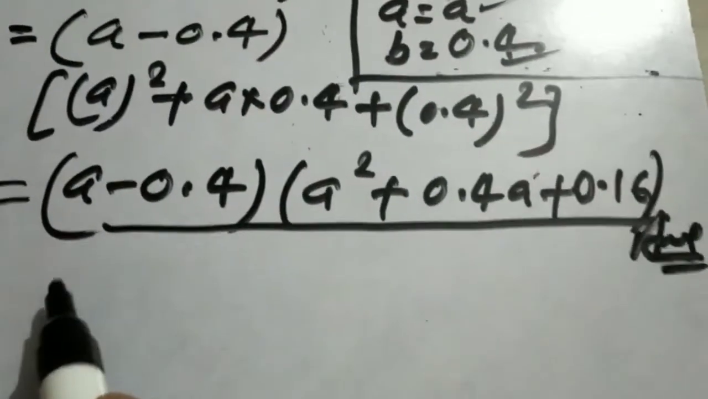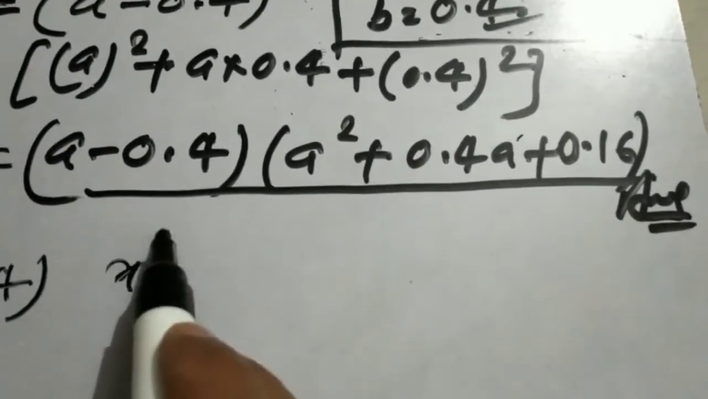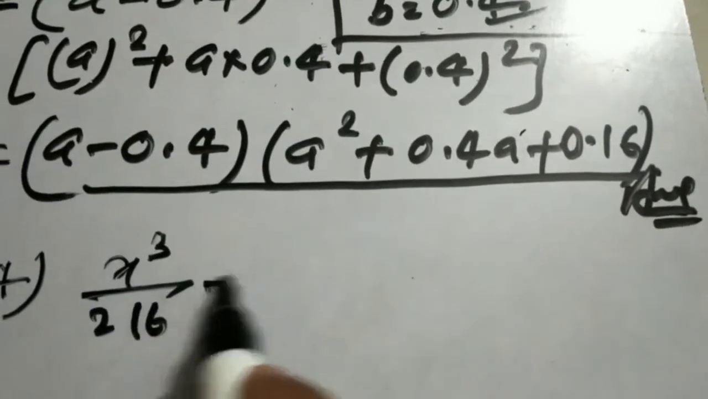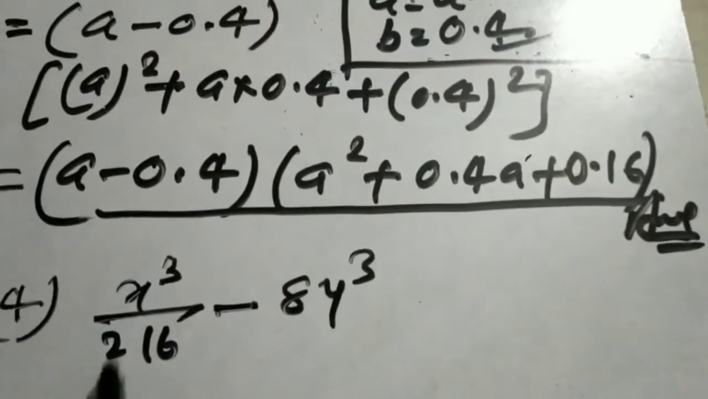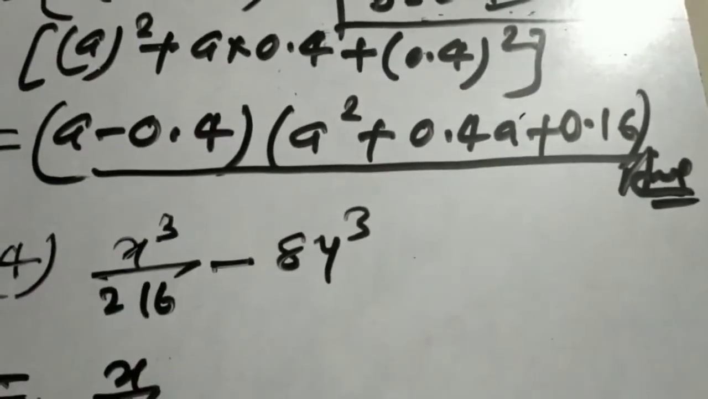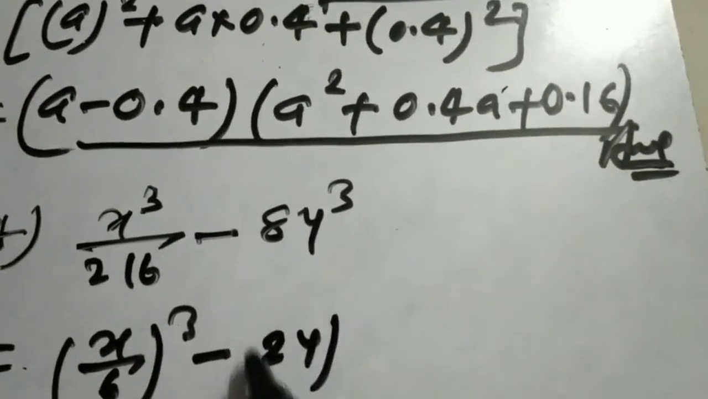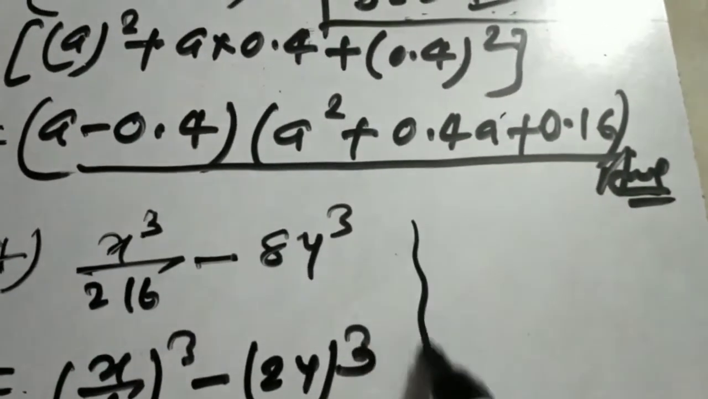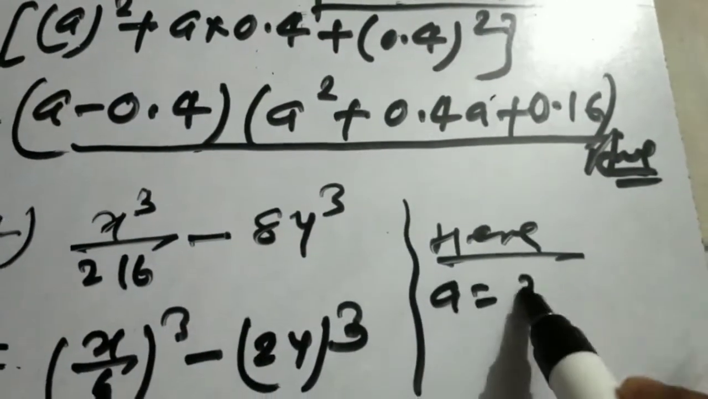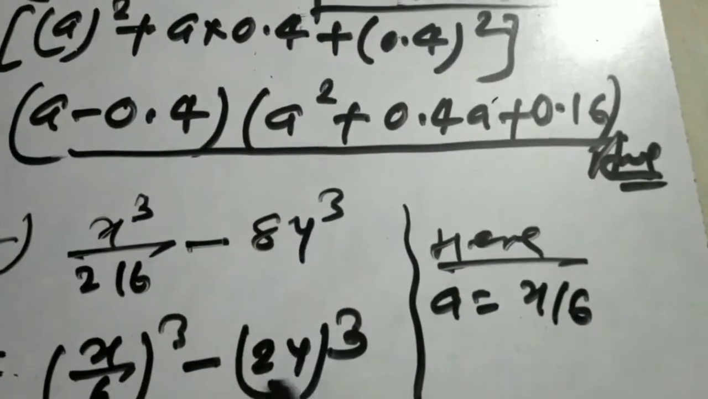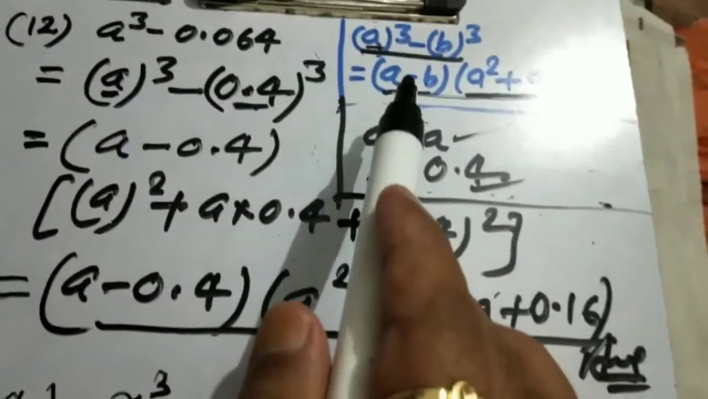Let us see question number 14. Question number 14 is x cube upon 216 minus 8y cube. You have to factorize it. So this can be written as x upon 6 the whole cube, and this can be written as 2y the whole cube. Now here at the place of a we have x upon 6, and at the place of b we have 2y, and the formula we have just written here,